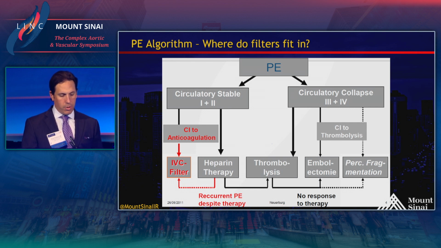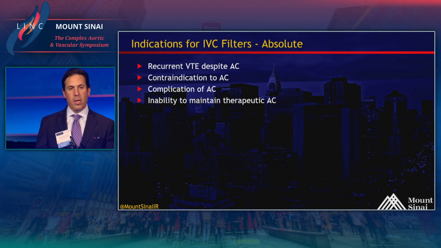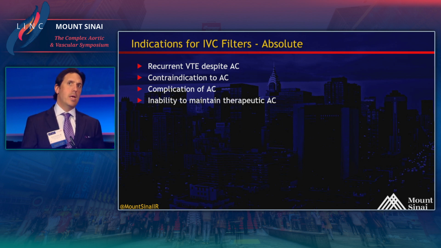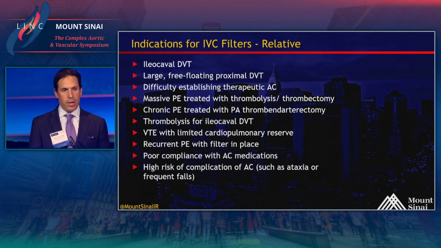Some would agree that this is where we should put it, but recurrent PE despite therapy is probably one of the indications. And I listed the absolute indications for filters that I consider absolute, and this is based on recommendations: recurrent venous thromboembolism despite anticoagulation, contraindication to anticoagulation, and then a complication that happened because of anticoagulation, or inability to be therapeutic. There's obviously a lot of relative contraindications as well, and this is where we don't really have a lot